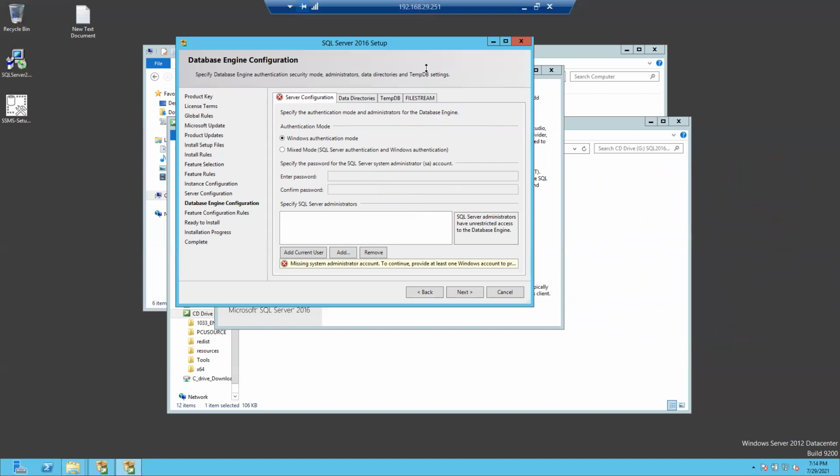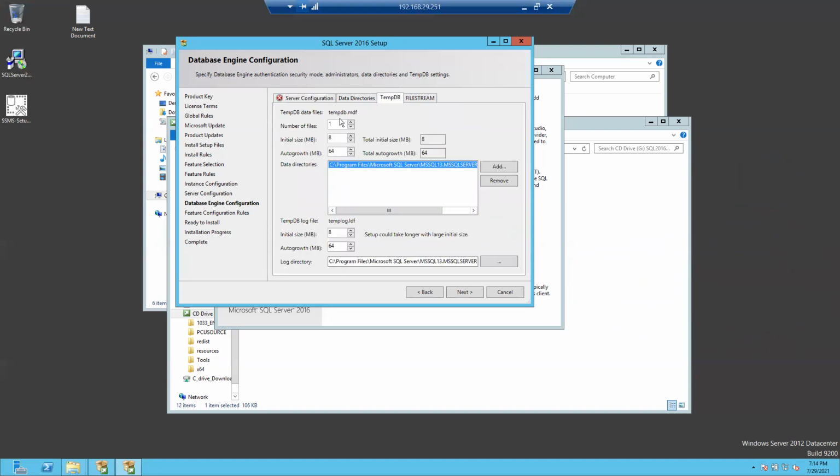Here you also have TempDB. So TempDB, how many files do you want to create? Number of files, one, initial size. TempDB is one of the system databases; I'll explain later. How many files for a TempDB? If you want to create 3 or 4, say 4 files,